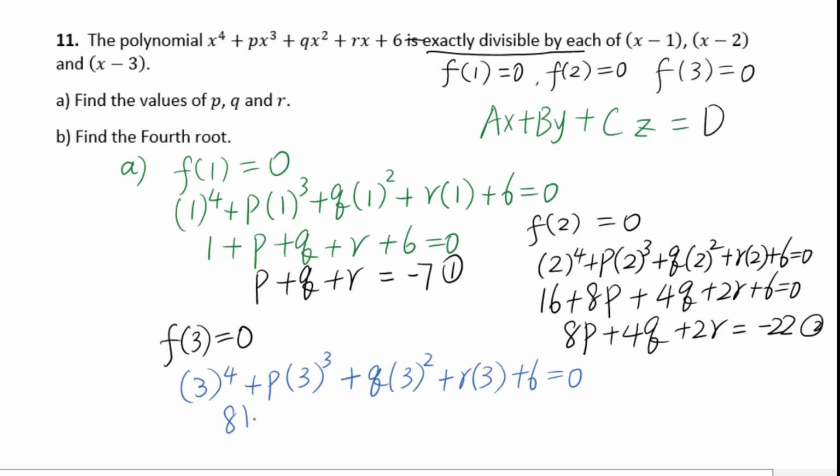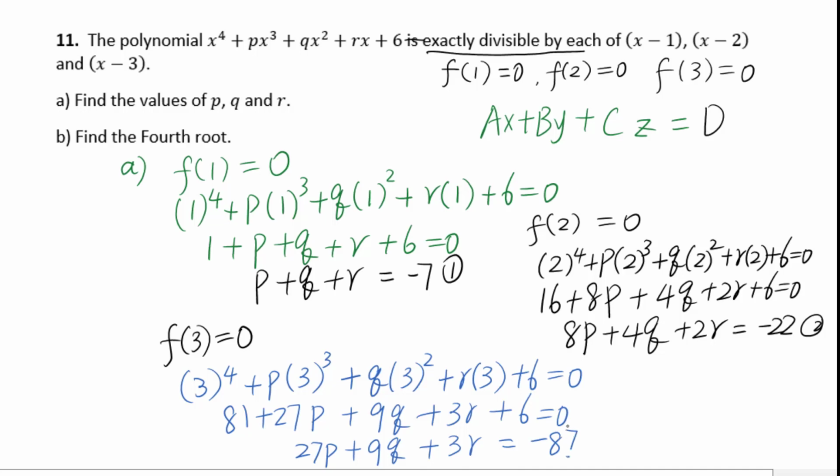This is 81 plus 27p plus 9q plus 3r plus 6 equals 0. Changing into standard form, 27p plus 9q plus 3r equals negative 87. This will be the third equation. We will put this